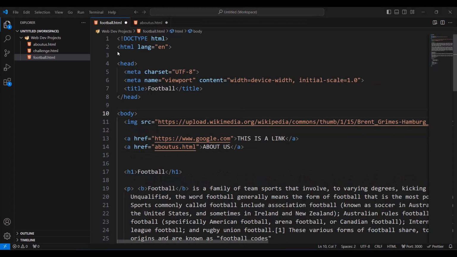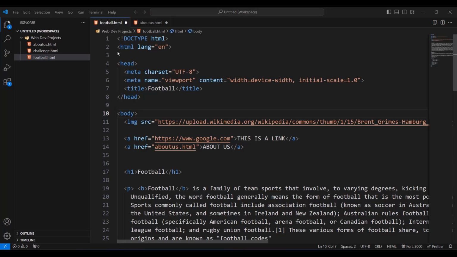Welcome back. Now it's time to look at the difference between inline elements and block level elements. So in HTML, elements are categorized as either block level elements or inline elements based on their display behavior and how they interact with other elements on the page. The block level elements always start on a new line. They can take up the full width available by default, stretching out to the left and right as far as they can. They can contain other block level elements and inline elements.